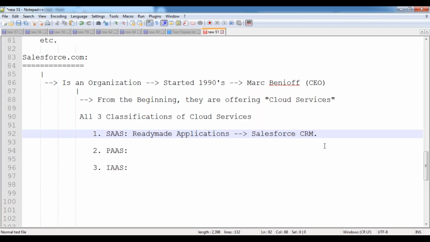Now you can raise a question: sir, when was this Salesforce CRM introduced? Salesforce CRM was introduced in the year 2000. That means almost 19 to 20 years. People might have a question in their mind, sir, Salesforce is a new technology in the market. No, it has been available since the 1990s, almost 1999. That means almost 20 years we have had Salesforce in the market. But now Salesforce is the number one leader in the CRM space. Salesforce is the number one job provider in the IT market nowadays.